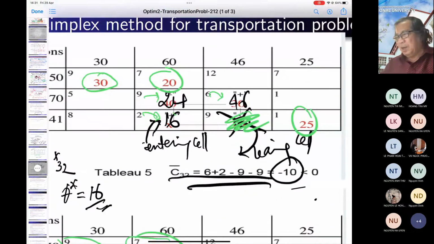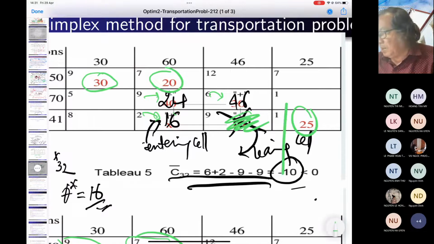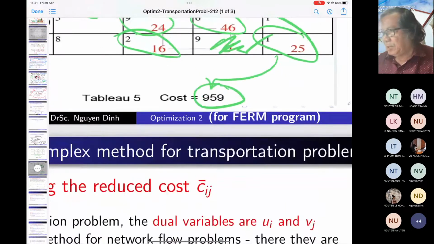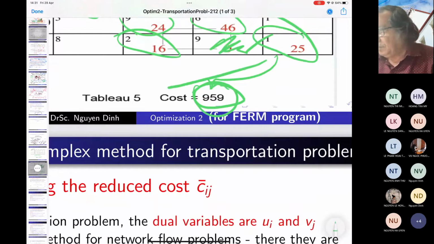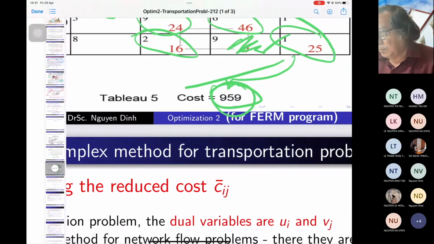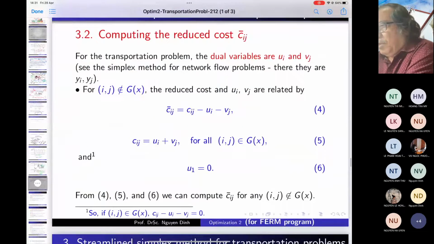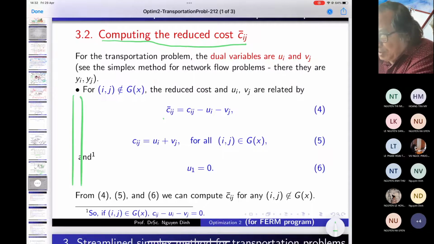Is that okay? And the cost is more than that, and it becomes the update. You come to the update here, and the cost is this. And computing the reduced cost, the reduced cost is this, but